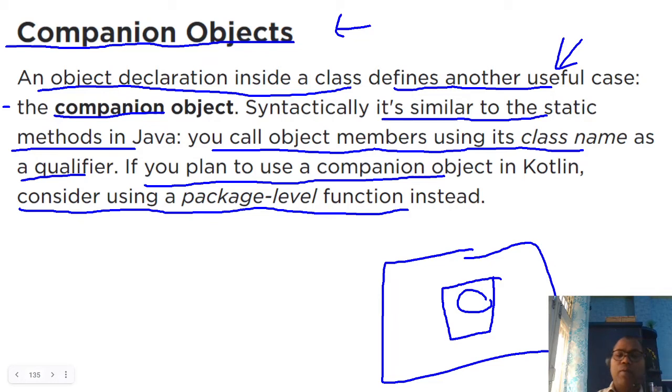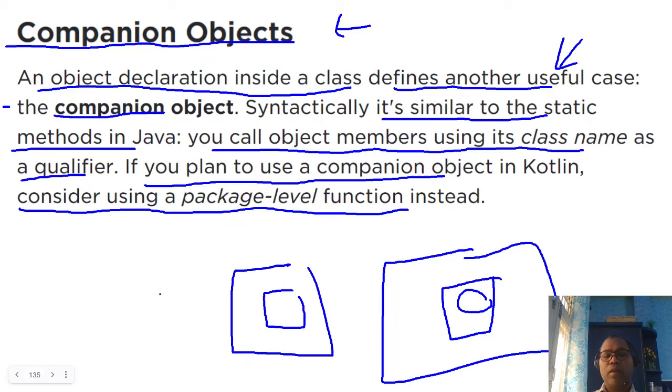What do I mean by that? Sometimes I want to create my object inside a particular class. Similarly, as in other languages like Java, this is a static member. Only one copy of the particular methods or variables is available. Similarly, if you declare an object declaration inside any class in Kotlin, that object is known as a companion object, and the companion object can be accessed from a top-level class,